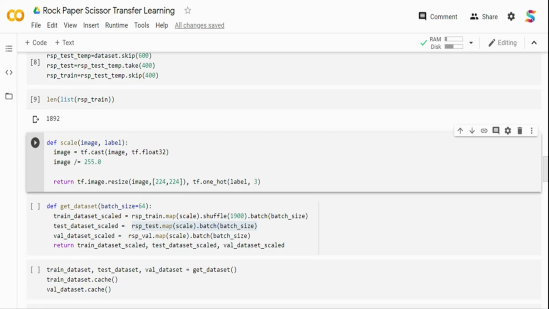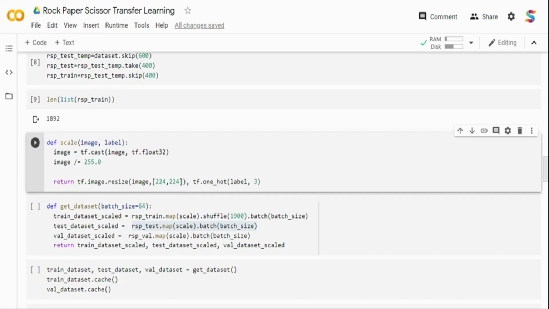It is pretty lightweight. The input data you pass to MobileNet has a predefined shape, 224 by 224. But my input image, as you saw at the top, was 300 by 300, so I am resizing it to 224 by 224 so that it fits my ImageNet model.